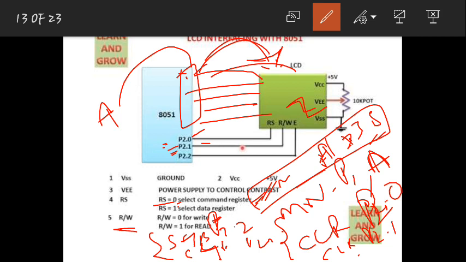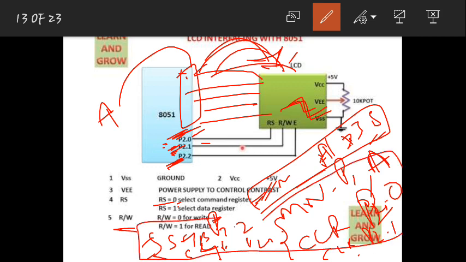So these are the things I need to do. I'm moving A to P1, then I'm clearing P2.0. By that I'm saying a command is there. Then I'm clearing P2.1. By this I'm saying whatever command I'm writing, it goes onto the LCD. And if I do that, that doesn't mean everything will be latched onto the LCD. For that I should always make this high to low transition at E. That is the reason I'm first setting P2.2, then clearing P2.2. So these are the common steps you write for all the commands.